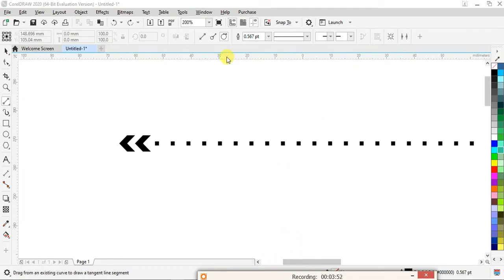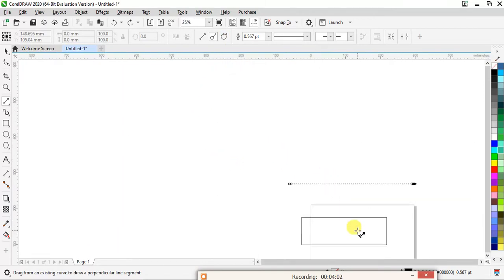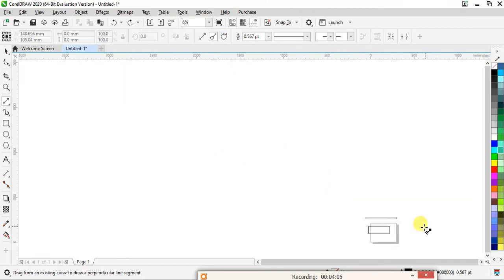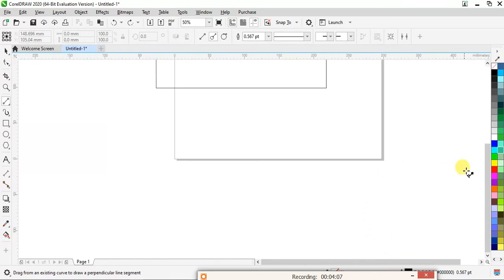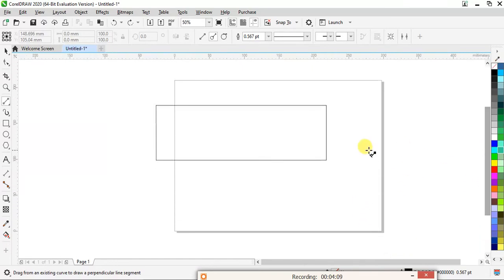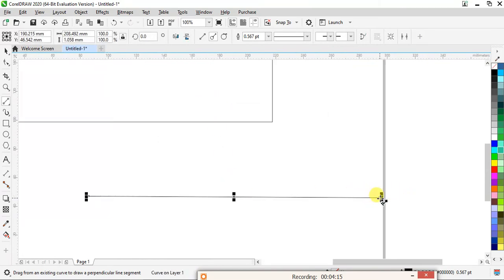So over here we have again two properties, that is the perpendicular 2-point line and the tangential 2-point line. Now what does it do? Let's get a page. So over here I'm drawing one line. Now as I draw one line over here, you can see again I'm drawing this line over here. So I can move this line all over my base line.